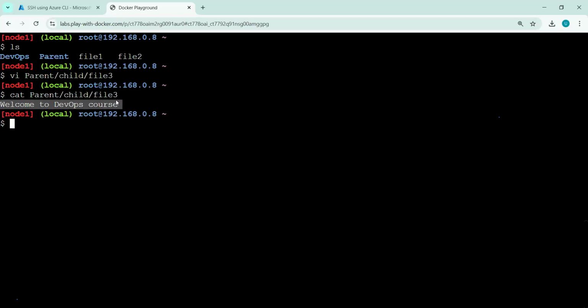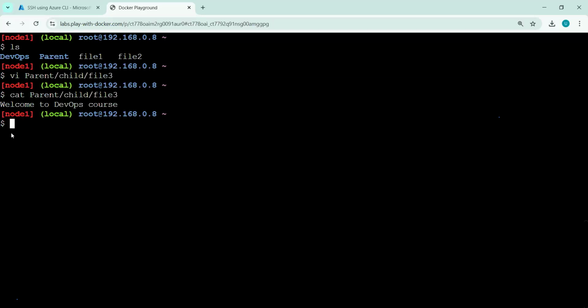So this is the content which we typed into this file, and for wq, we use w for write, q for quit. And if, due to some issues or errors, we are not able to write and quit, then we can use wq exclamation mark. That will forcefully write and quit. Okay. So colon wq is very important. Or if we don't want to write anything, then we can simply type colon q. It will simply quit the file. Okay. So now we have learned how to move from one location to another location.